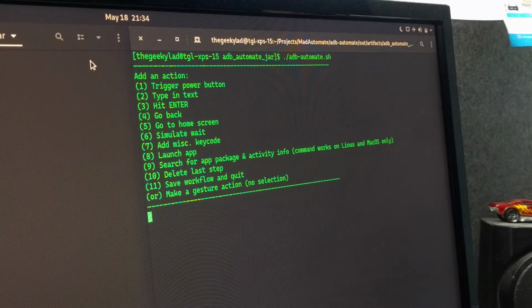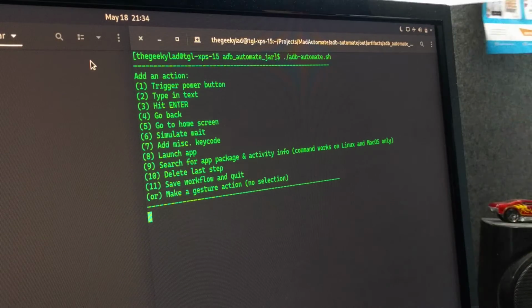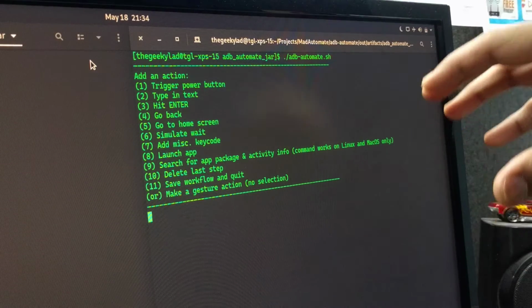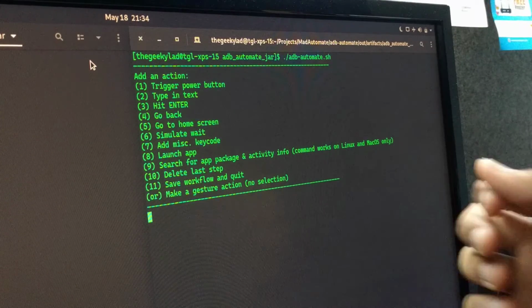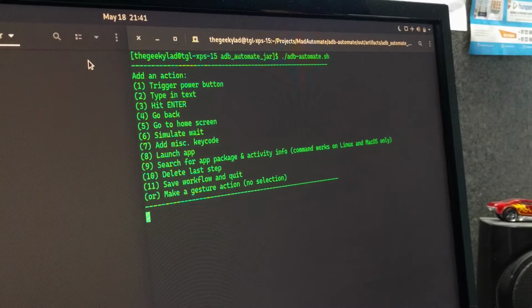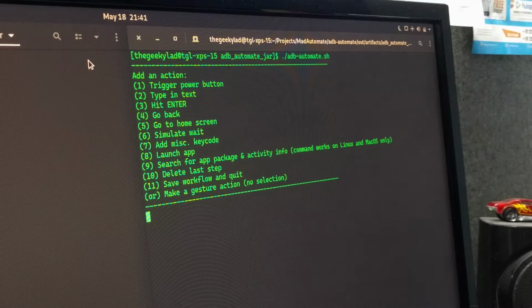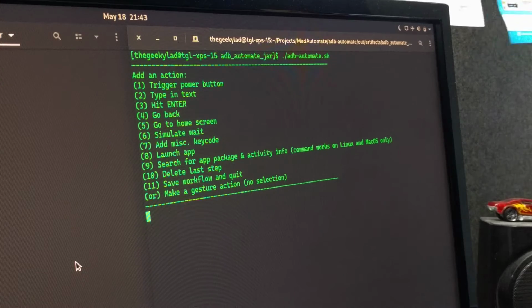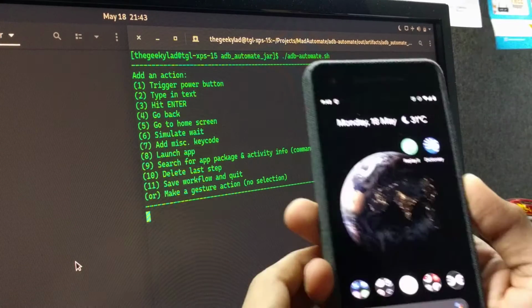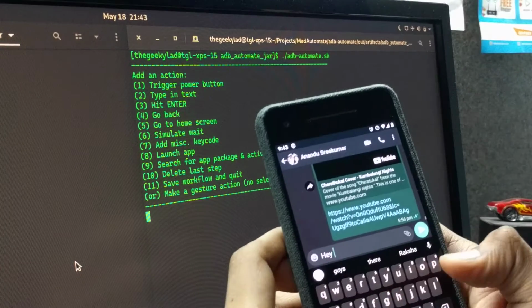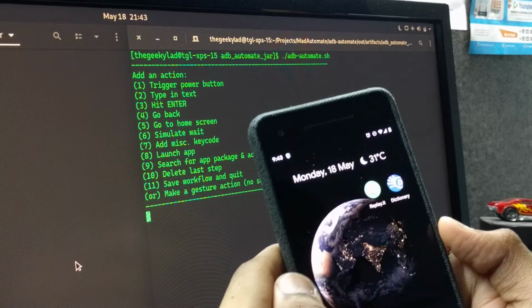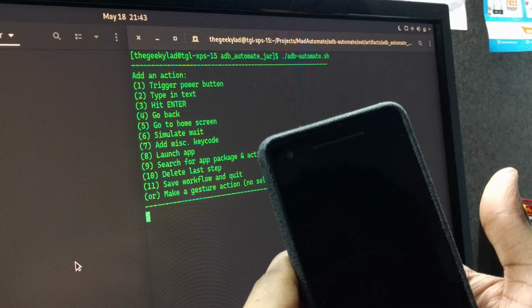It contains all that you need to capture the gestures and have it recorded, which means that what you see out here is what sits on top of your phone and keeps looking for the gestures that you perform. We see that there are a bunch of features on board, but I'm not going to walk you through each of these steps and make this video rather theoretical. So I'm going to drive you guys through a scenario wherein I open WhatsApp, open a certain chat and send a message, get back to the main screen and lock the phone.